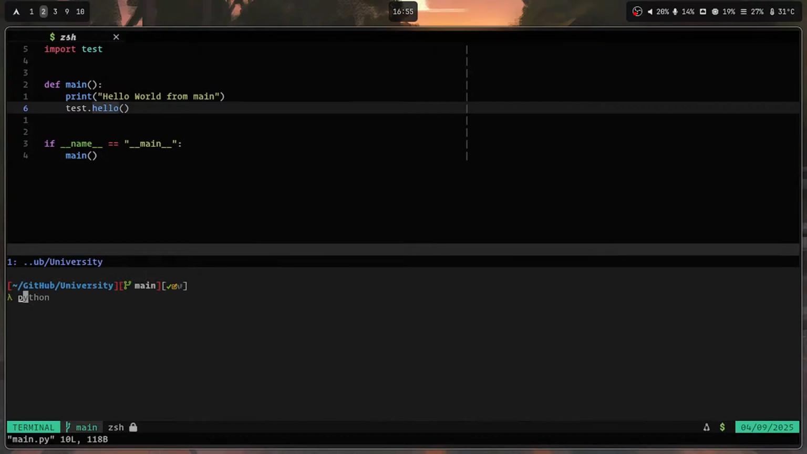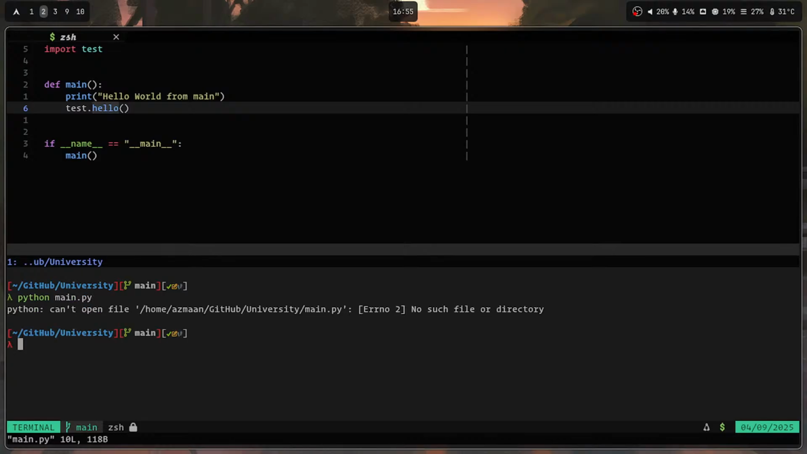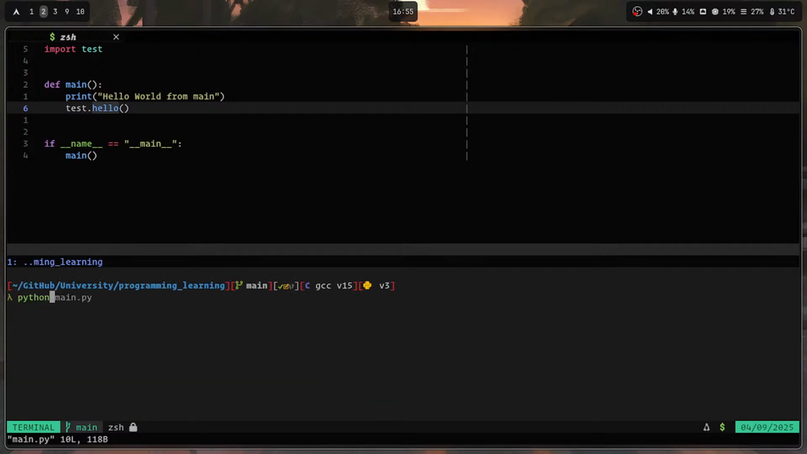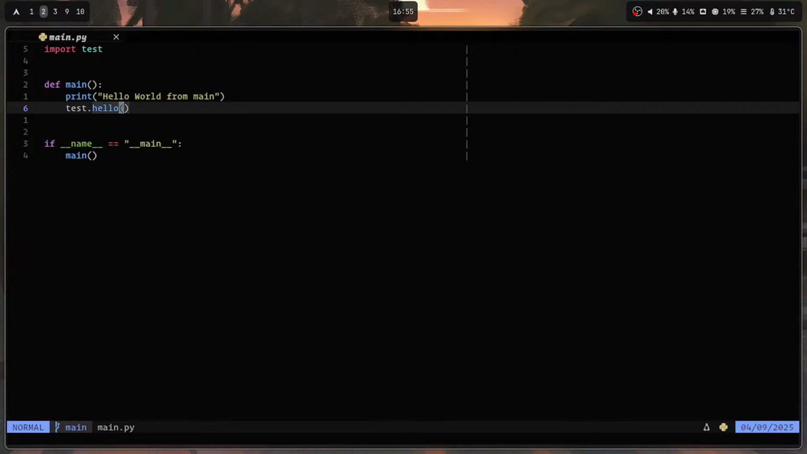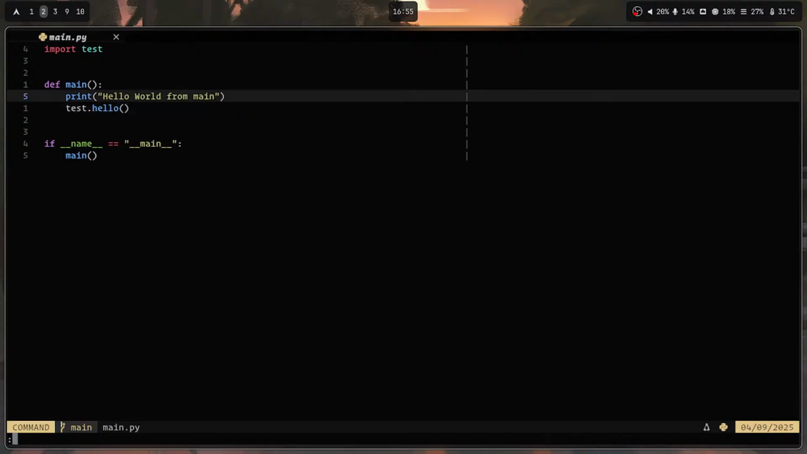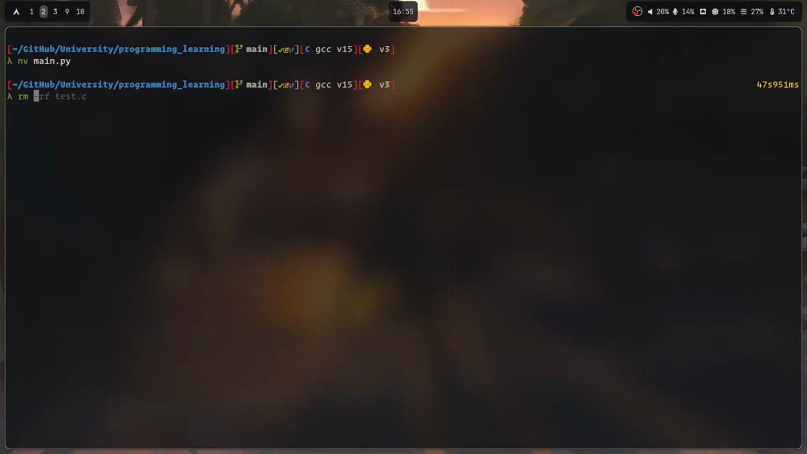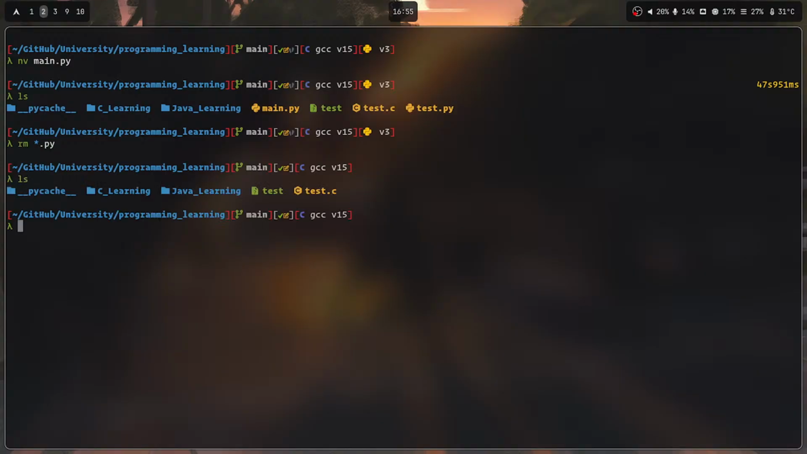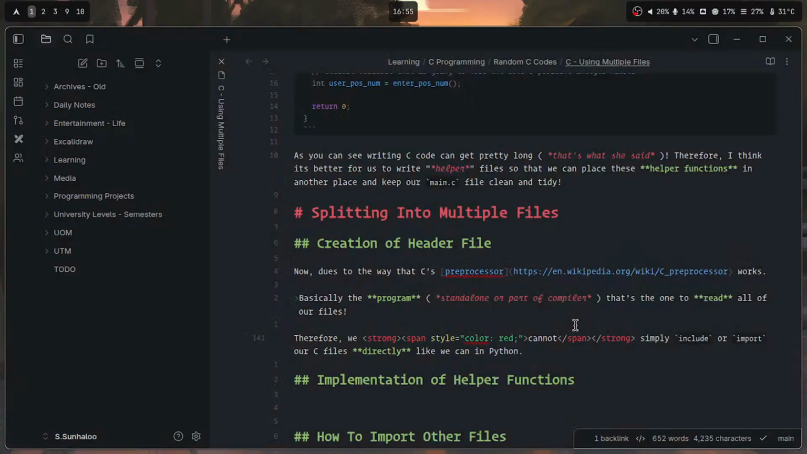So if I run this code, python main.py. Very nice. You see, we cannot do something like that. rm all dot py, ls, rm -rf __pycache__, and then we cannot directly